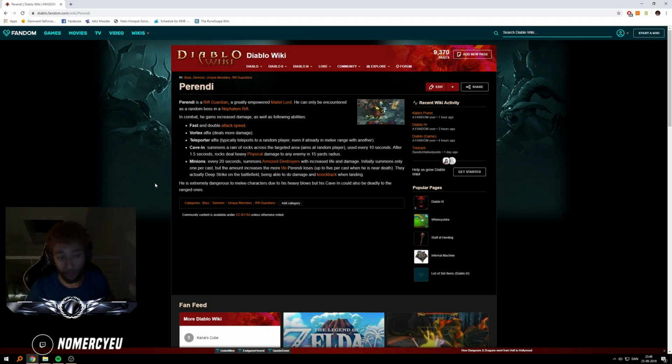And if he's out, it will not hit the minions, because the cave-in is a really good damage from Perendi, and it can be stunned, so it's a Crippling Sentence proc. But the basic attack actually does a lot of damage as well, so don't stun on the basic attacks. Stun the cave-in. If you're really good at communication, the barb can push out, and sometimes me